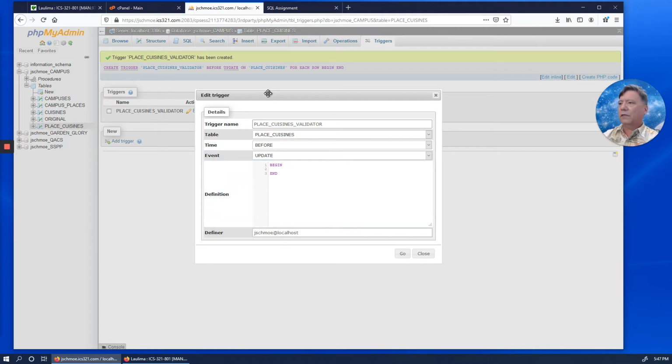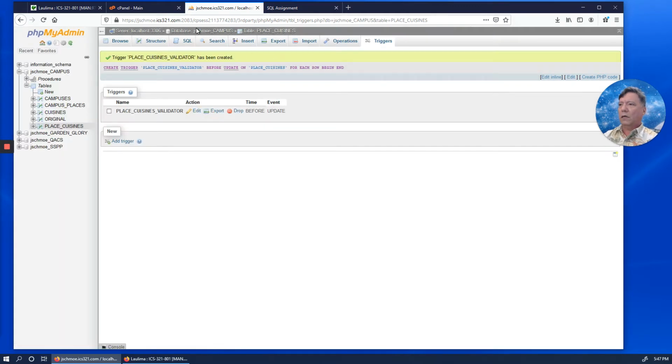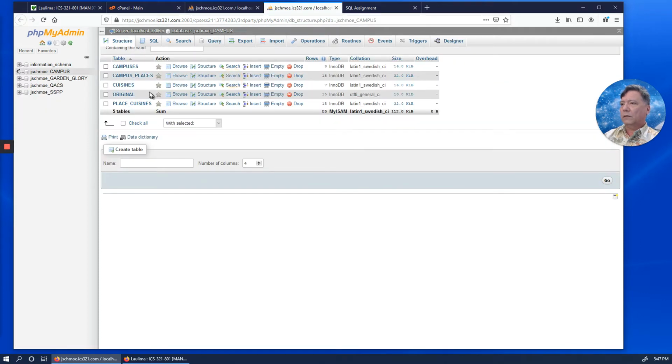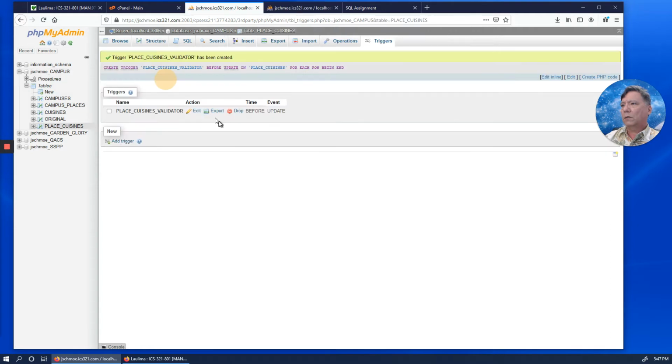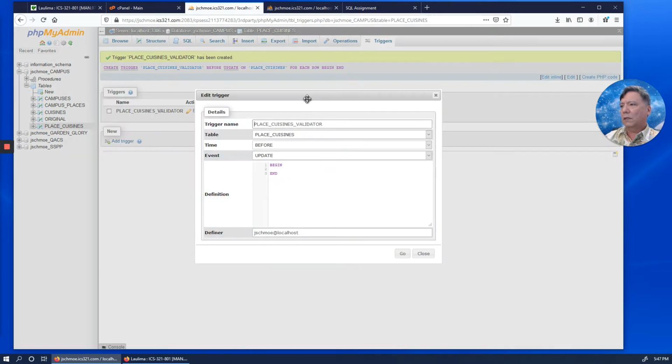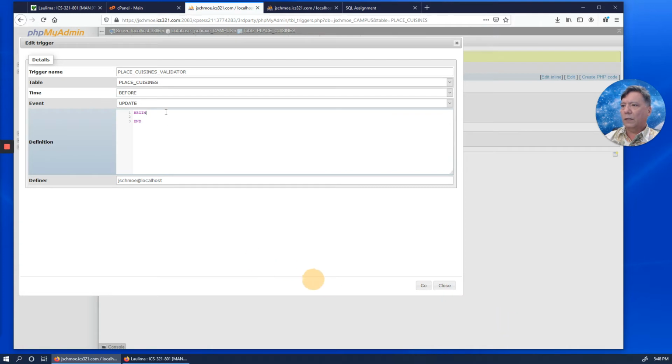The first thing we're going to want to do is, as inputs, there's going to be a new place and a new cuisine.